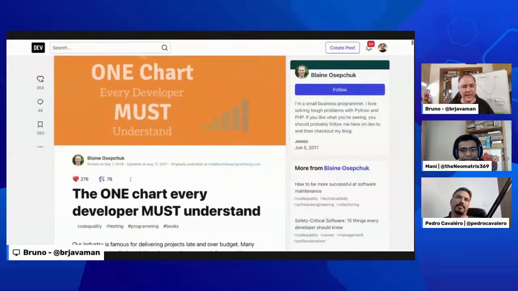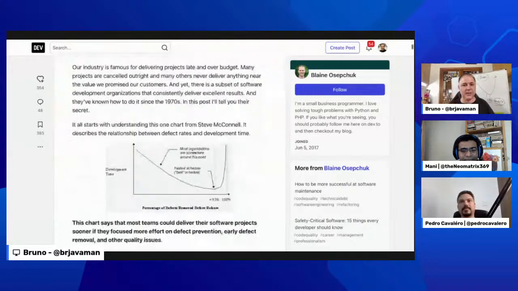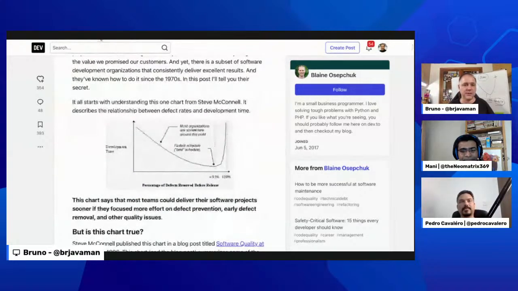Blog post that has the same graph that I put here on the back, right? So you guys want to take a look. This blog post does an overview of the two books that I'm going to share, right? So if you don't want to read the books, read the blog post at least, right? And so at least you're going to have some of the information there.